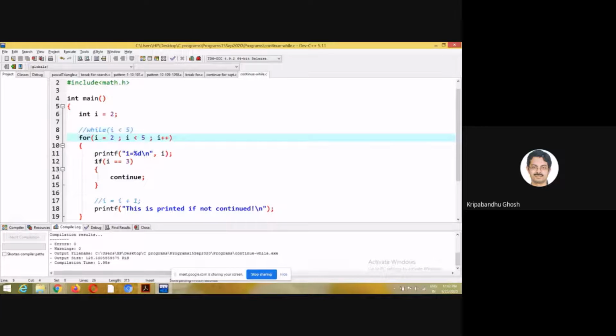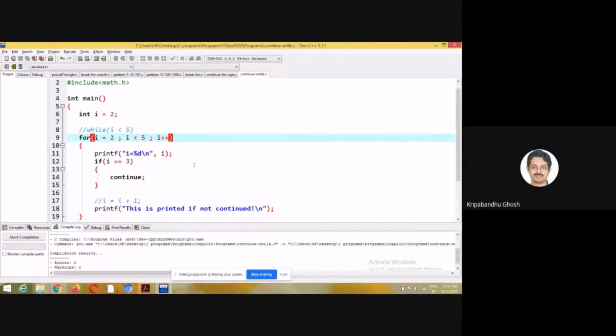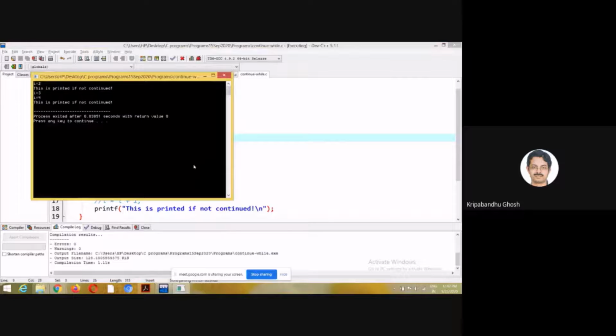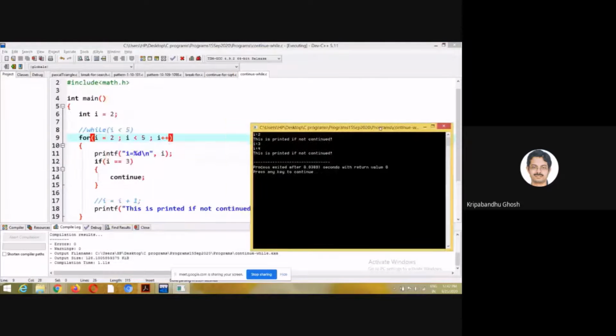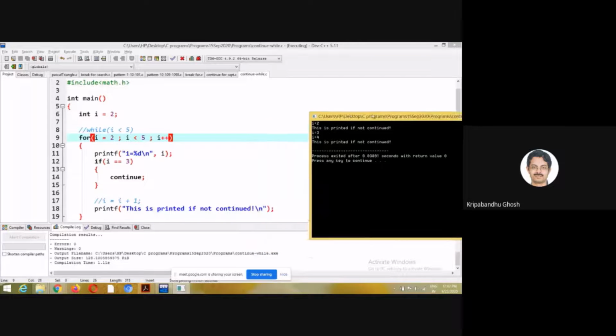So I do the initialization again. So this line is not necessary. This is basically redundant, but it will check this portion of code. And let's see what happens. Okay, so you see that it is working okay. It prints I equal to 2. Then it comes to this line. It is not printed. This line is print.